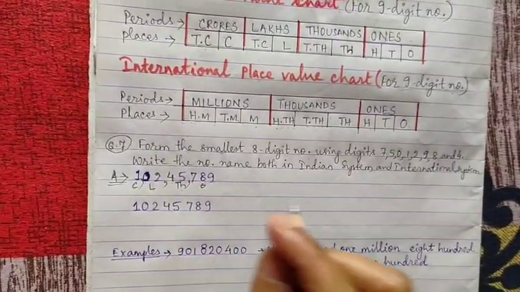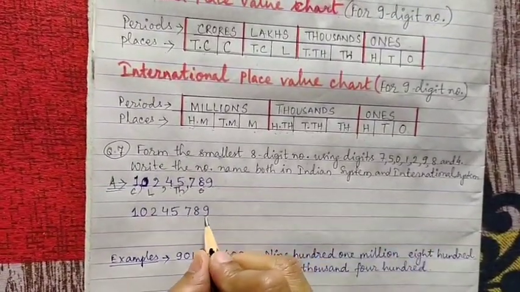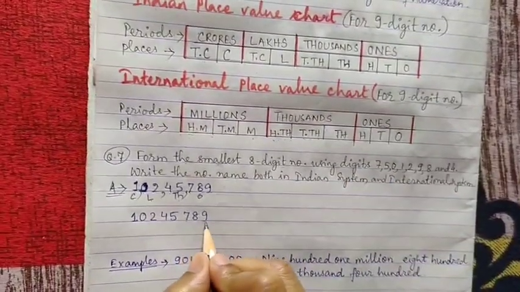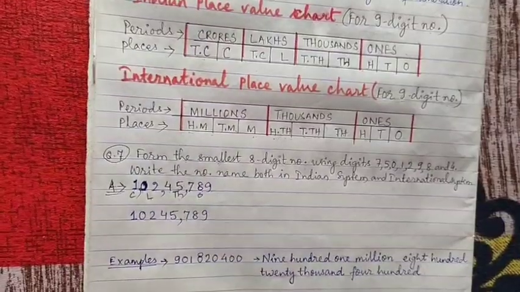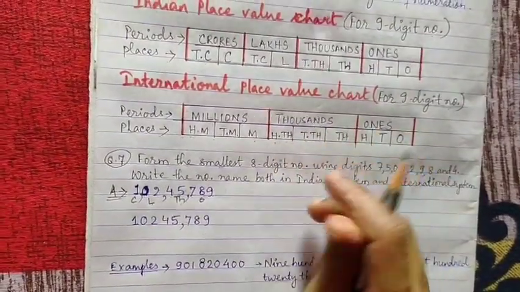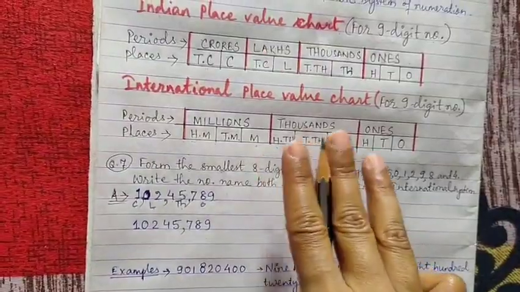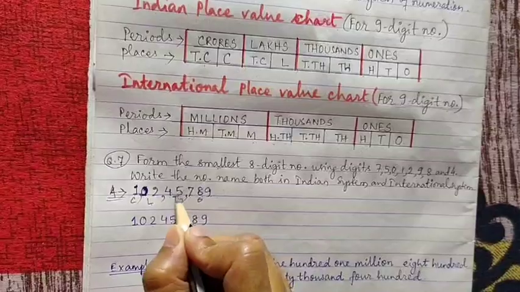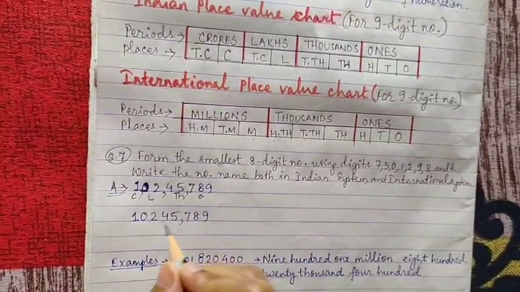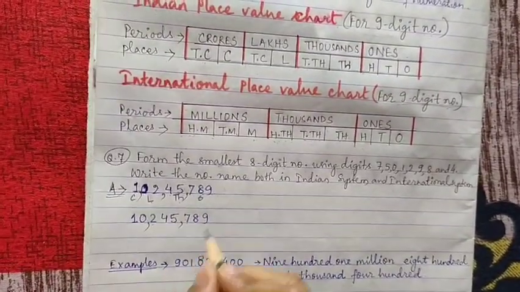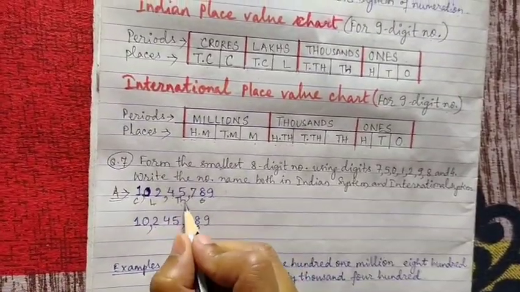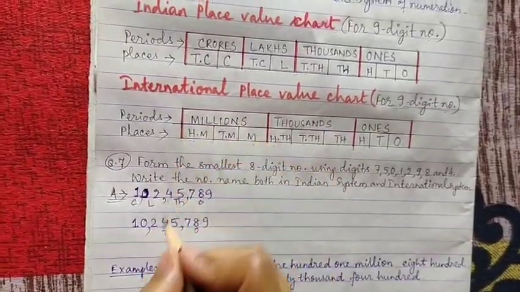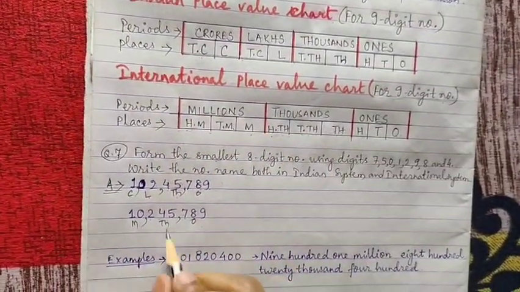So how do you write? You have to put the position of commas at different places. In the international system, the ones period has three places, so you will count 1 2 3, then comma. Then the next period is thousands. It does not have 2 places, it has 3 places, so you will count 1 2 3. See, in the Indian system there is a comma after 2 places, here a comma after 3 places, 1 2 3 comma, so this is the ones period. Same, but here in 1002, in thousands there are 3. Then the next period is millions, so M. Now you have to write the number name. What is that?